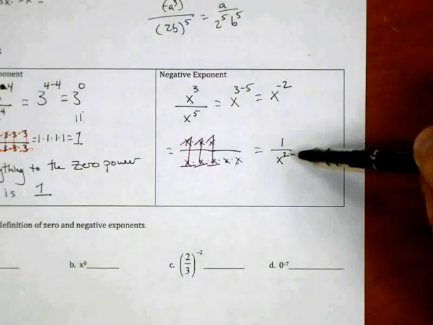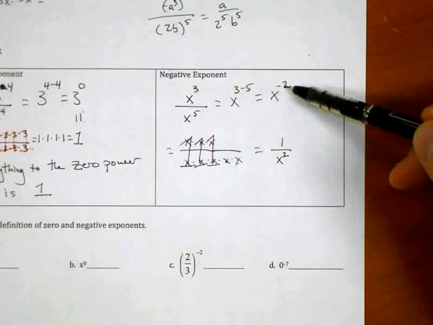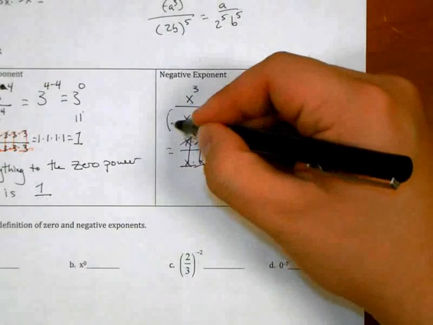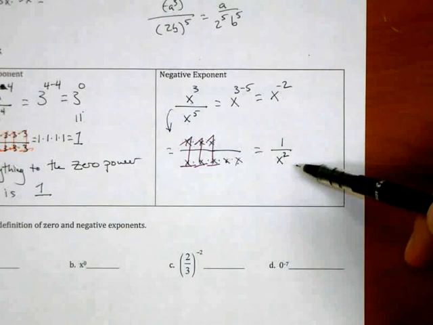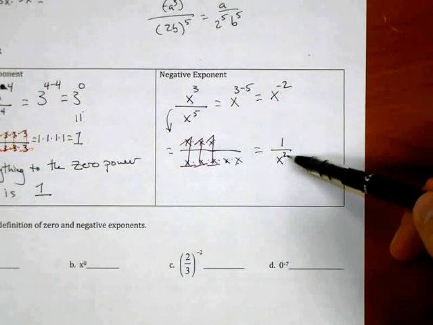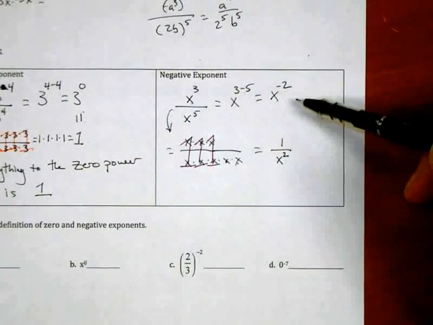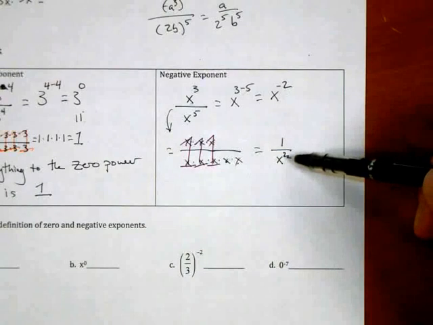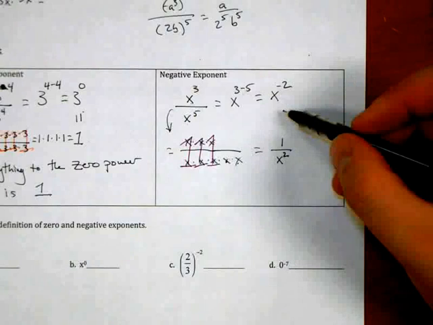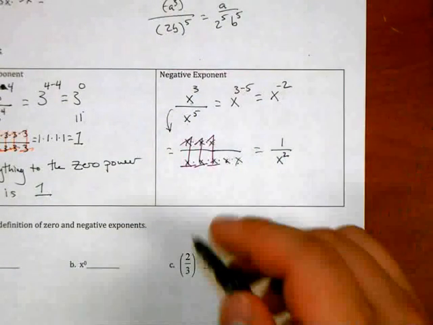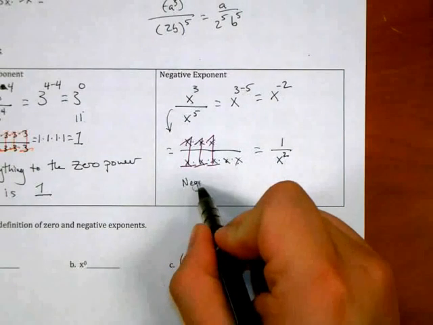Okay, notice how these are connected. We have a base to a negative exponent, but that's still the same as 1 over that base to the same exponent, just now it's positive. So what this is telling us is that a negative exponent is really just another way to write a reciprocal, or a flip. So to put this relationship in words, this is saying that negative exponents